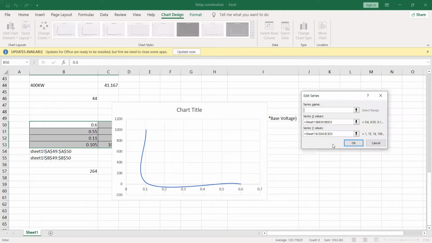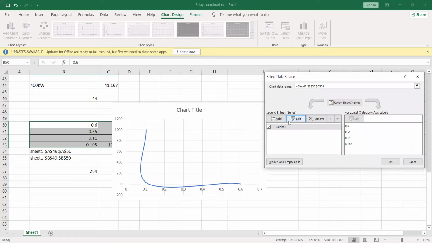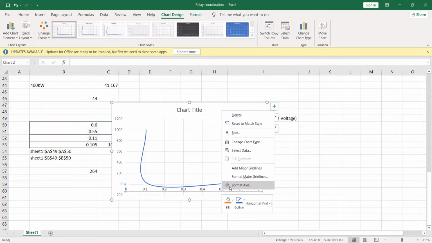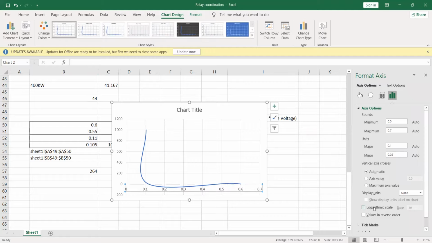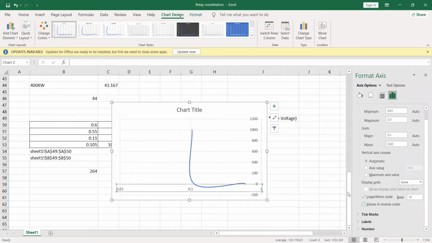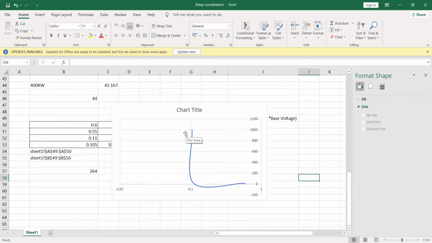The x-axis is giving the current and the y-axis is giving the time. Then it has to be logarithmic. So how do I make it? Go here, select logarithm. But the curve does not look good, right? So how do I improve the curve?